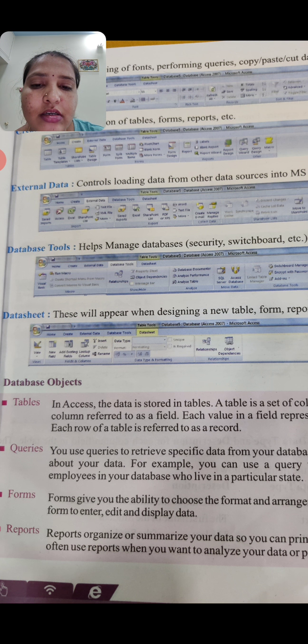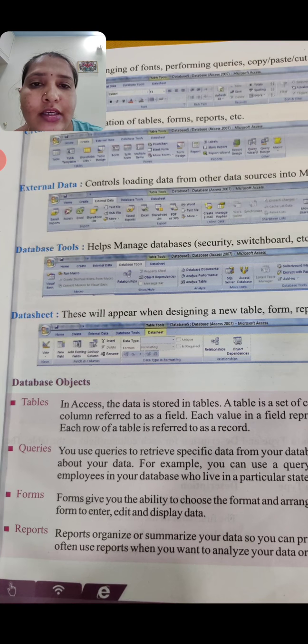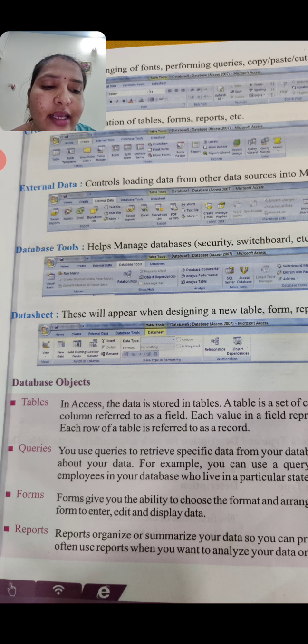The next topic will be the database objects: tables, queries, forms, reports. These are all the database objects. Then tables. What do you mean by table? A table means a combination of rows and columns. That is what we call a table.